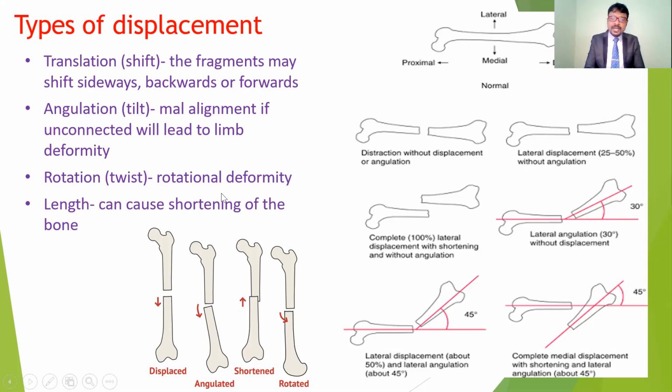And also angulation, the tilt is also going to happen. It is not completely in only one direction that it is tilted. If the fracture fragments tilt to one side, it is because of some muscle force or the pull of strong muscles. And also rotation. So there are rotational deformities. Depending upon the mechanism of the injury, any twisting activities may give these rotational deformities. And length can also cause shortening of the limbs.